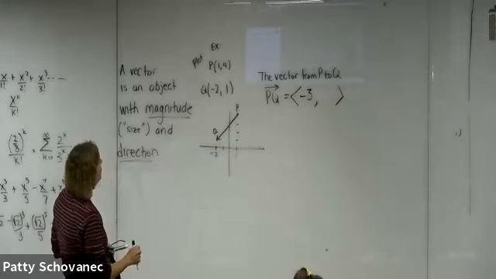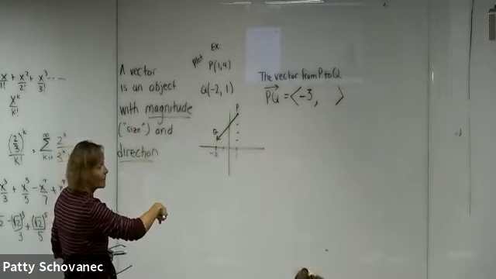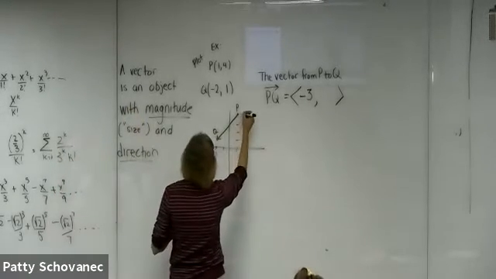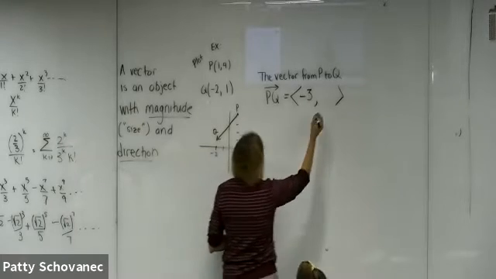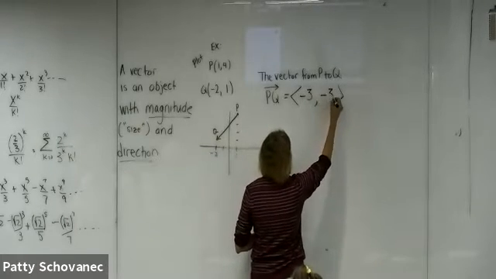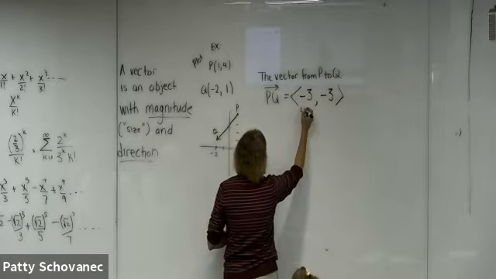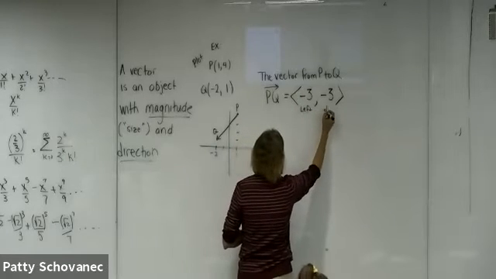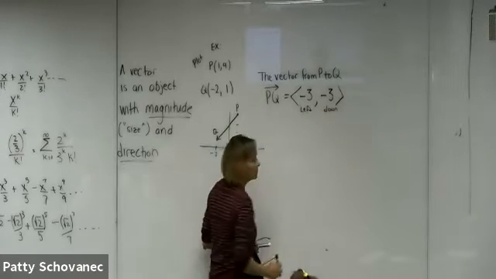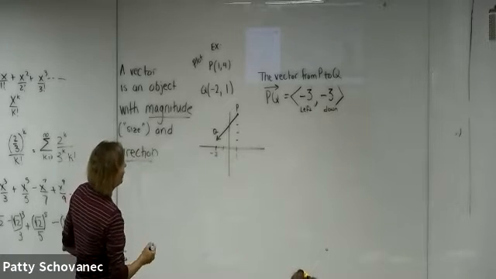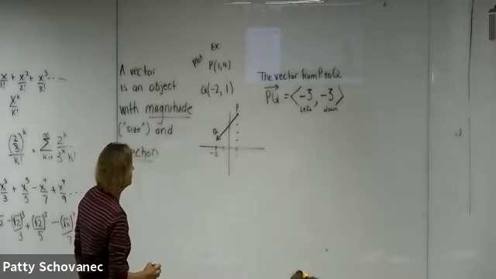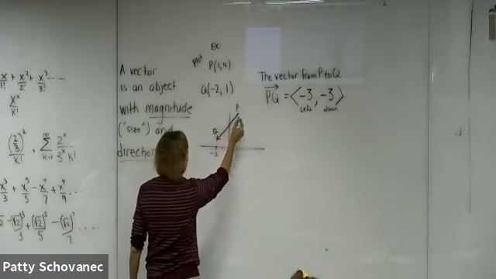And then I went actually 3 units down as well. This is the Y coordinate 4, and my terminal point has a Y coordinate of 1. And so I went 3 units down. So this is the distance that I went to the left, and that's the distance that I went down. So that's how I can describe the action of the vector from point P, wherever point P is, and then